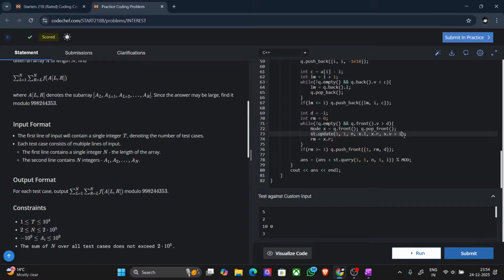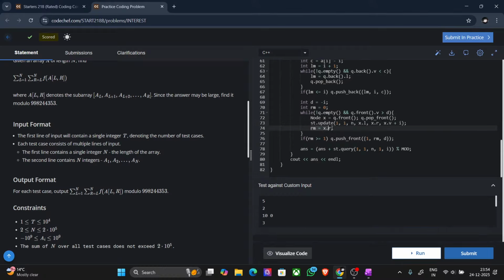Then I update my segment tree with this particular value because the current cost I am selling is greater than the front. So I can just update my segment tree,